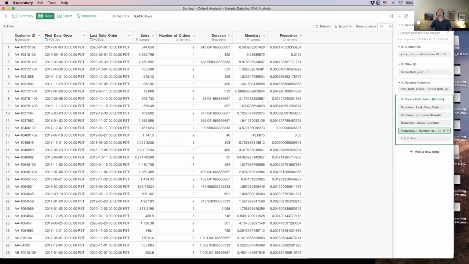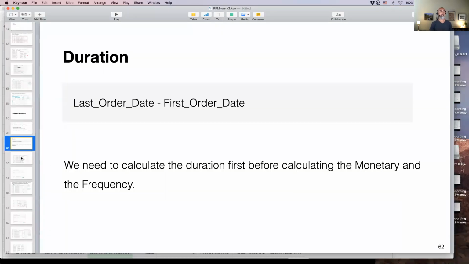Okay. So we got the monetary and frequency, and all we need is recency. So how to calculate recency? Recency is how many days or how much time has passed since the last purchase of each customer. Typically, if you have the data up to today, then what you want to do is